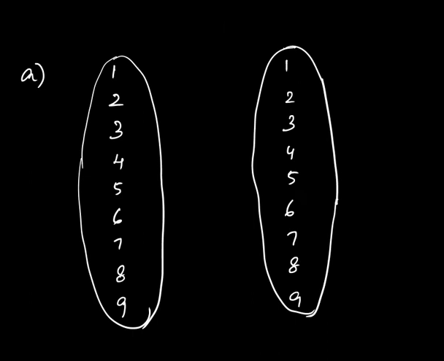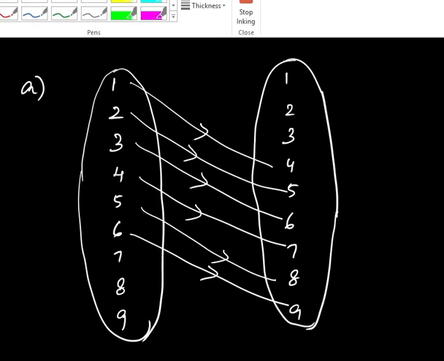So write on the values of x and y and then mark the relation. For the arrow diagram, write on the values of x and y and then draw the lines between the numbers which are related. So 1 is related to 4, 2 to 5, 3 to 6, 4 to 7, 5 to 8 and 6 to 9.